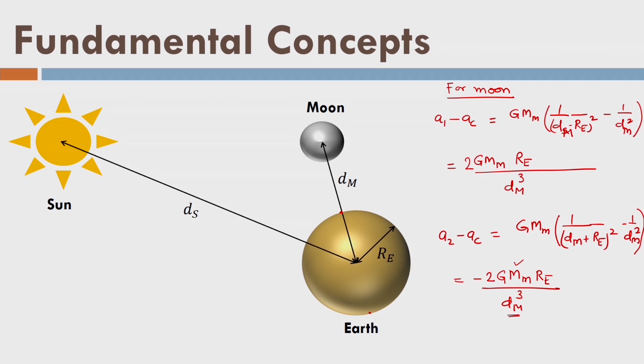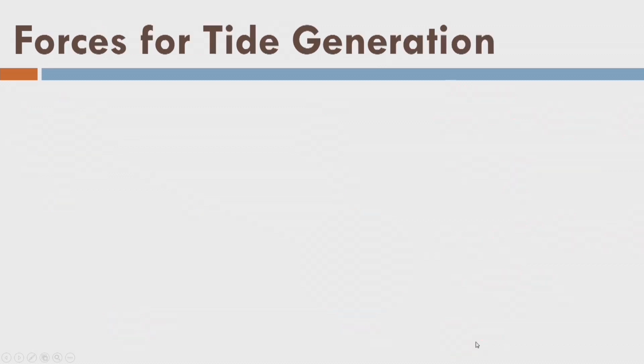Here we have taken one approximation that the ratio of radius of Earth to the distance d_m is approximately 0, and try to derive this one yourself, you will get this one. Similarly, here if we derive such formulas, we have to take an assumption that the ratio of radius of Earth to the distance between Sun and Earth center is approximately 0, because radius of Earth is very small compared to this distance, and similarly here also.